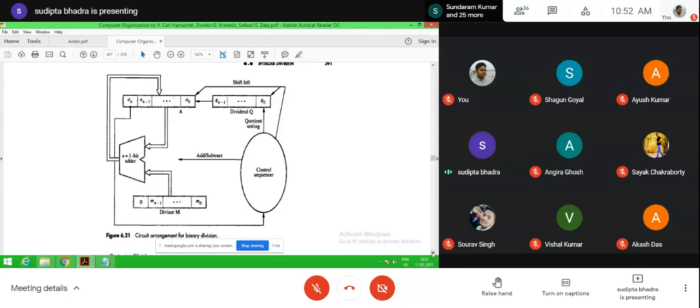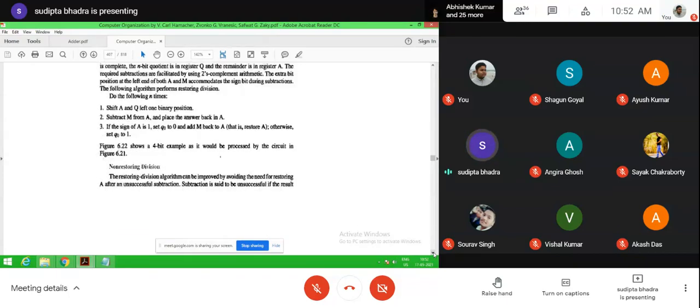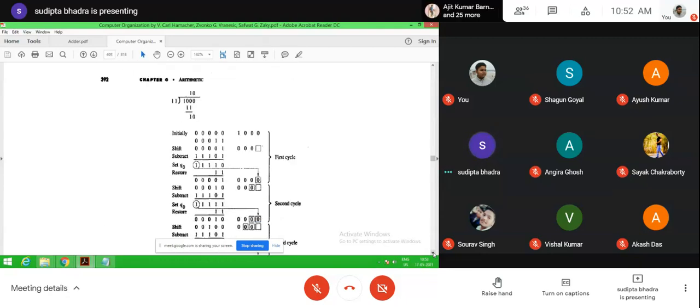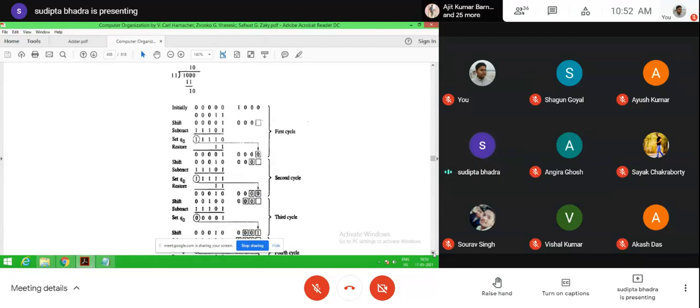Now this circuit, you please follow. If there is any question like draw the circuit diagram for restoring binary division, then you draw this circuit diagram. Okay. Now here, if there is any question for an example of restoring division, then this will be the example.